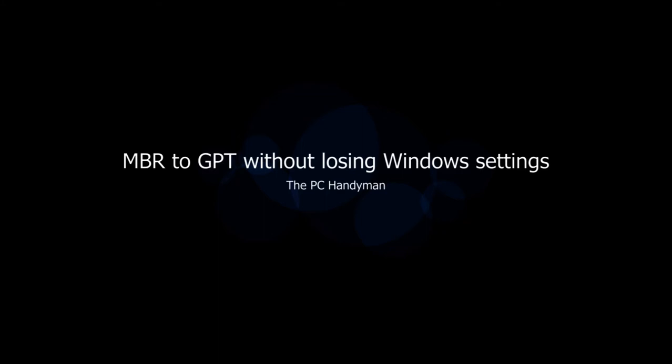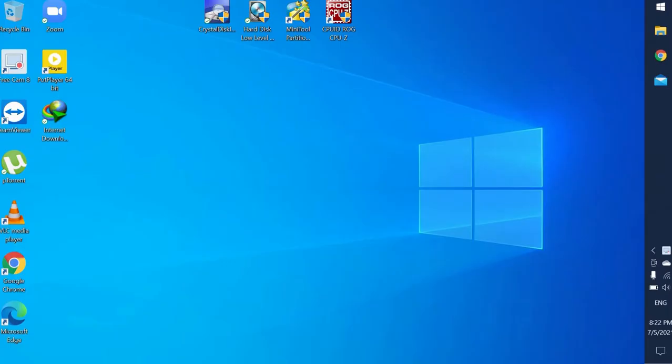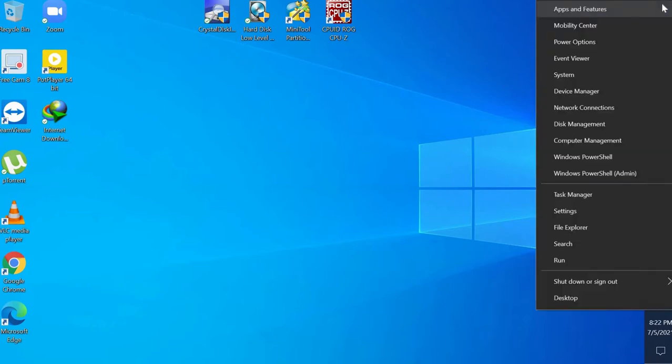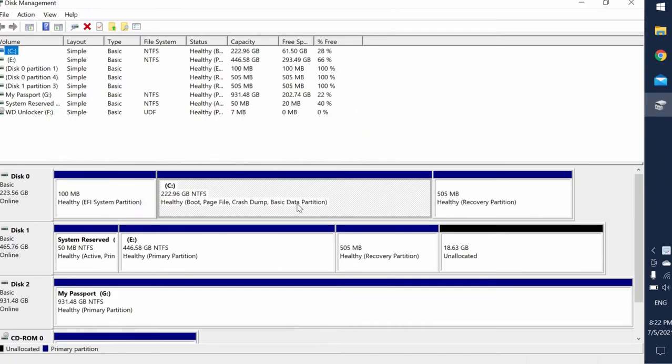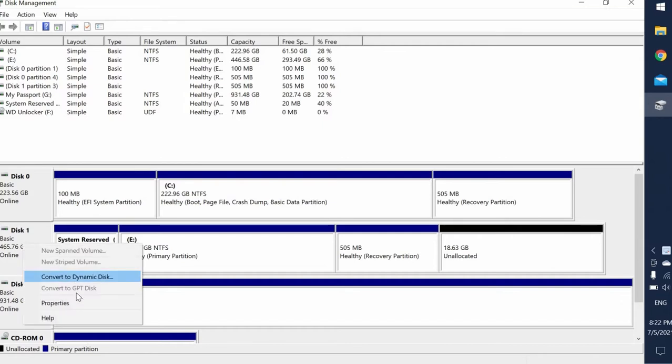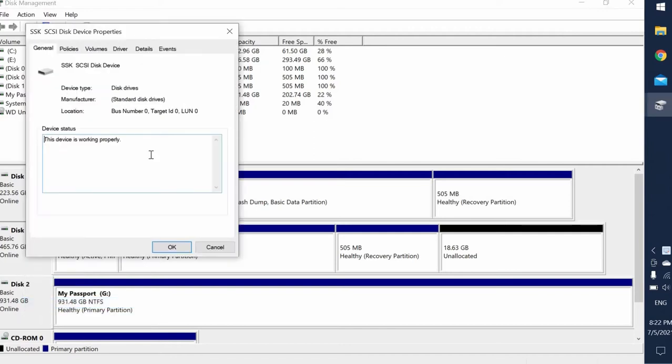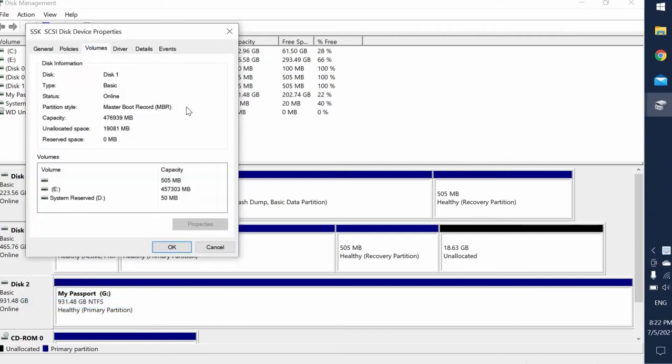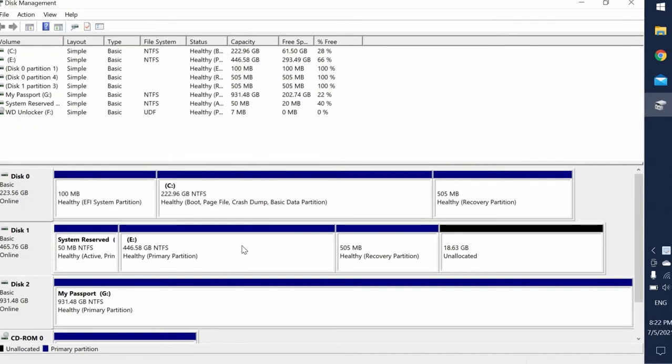If you are someone who upgraded to Windows 10 from Windows 7 or 8.1, it's highly likely that you have an outdated partition style called Master Boot Record, or in short MBR, on your hard disk or SSD. We are going to see how to change the partition style of your hard disk or solid state drive from MBR to the latest GPT style without disturbing the Windows installation. By doing this, you can take advantage of the latest partition style, meanwhile not having to go through the installation of Windows or your favorite programs all over again.